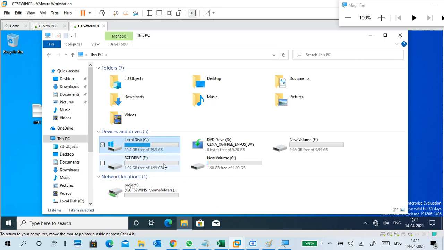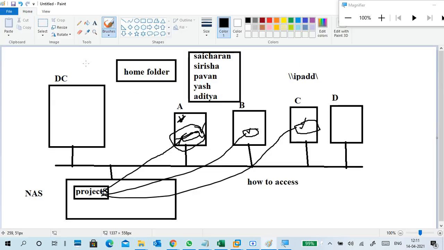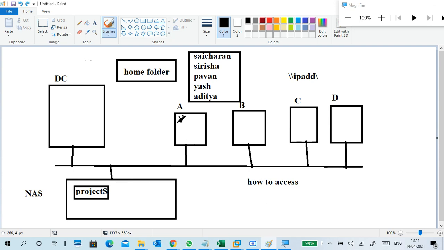Instead of storing in a C drive, D drive, E drive, you can store in a network path. Here there are two things, guys. One, as I already told, is that different users working on the same project, so we can create a project and assign it as a home folder. So this is one thing. Second thing,